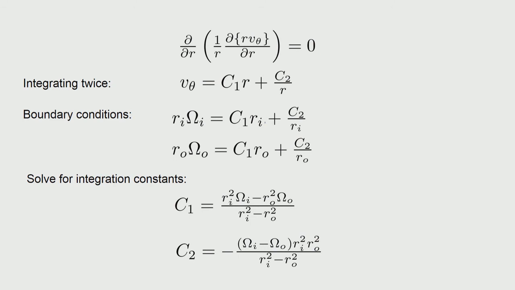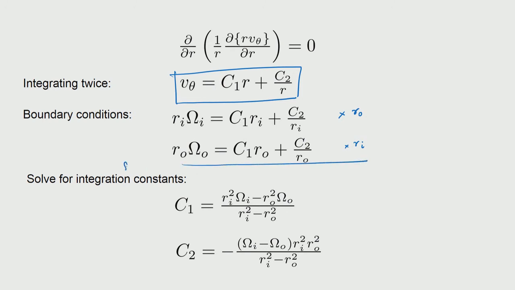When we integrate twice, then we get a functional form which goes as r plus 1 by r. Okay. So, there are two integration constants C1 and C2, and when we substitute the boundary conditions we can determine them. The inner wall boundary and outer wall boundary conditions are listed here. What we do is, the first one, if you multiply with Ro, the second equation if you multiply with Ri, and then if you subtract, then you could see that you would eliminate the terms and then start to see the solutions.